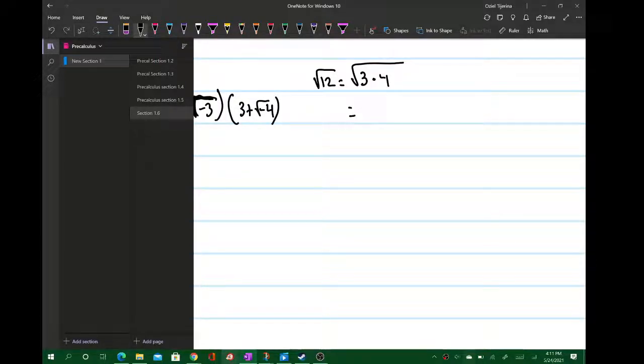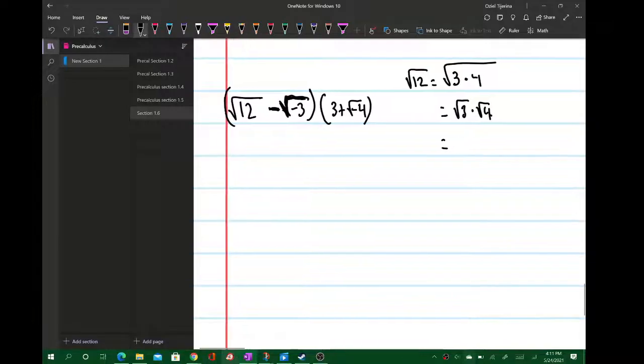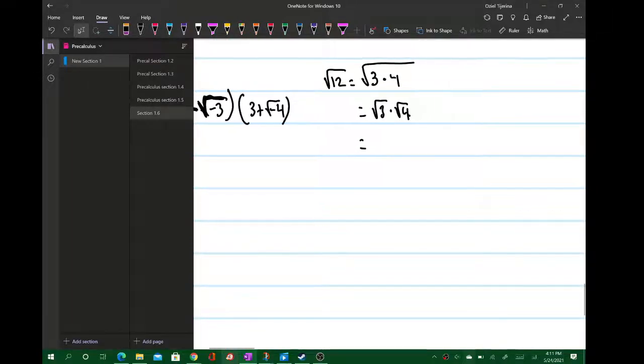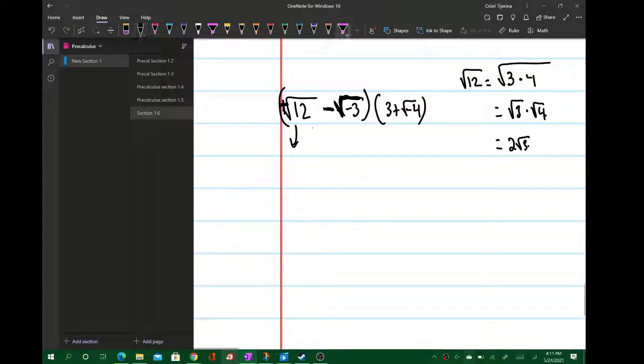So then that equals the square root of 3 times the square root of 4, which is equal to, and it's a positive number, right? Because just look at it as the positive square root of 12. So this is 2 square root 3. So we can simplify this term as 2 square root 3, and then we have a minus square root of negative 3